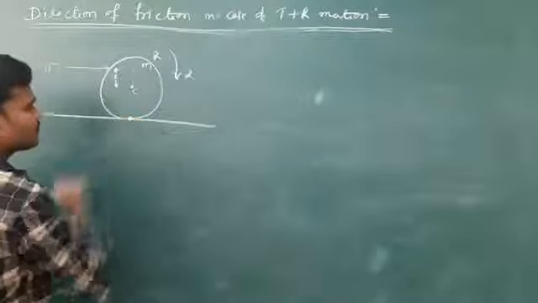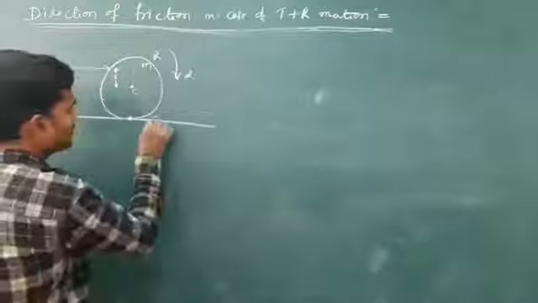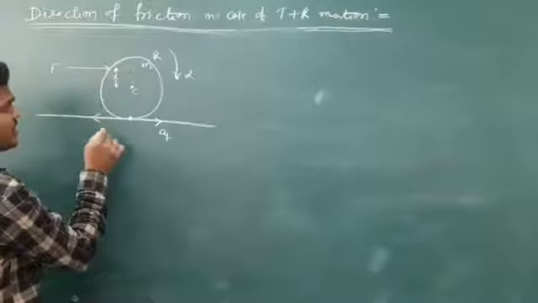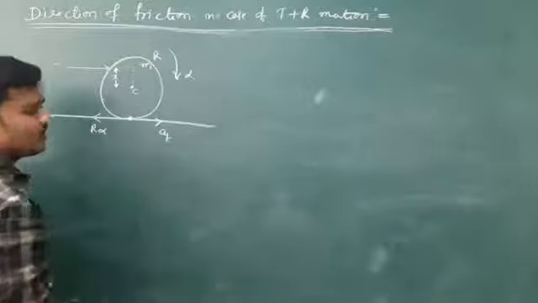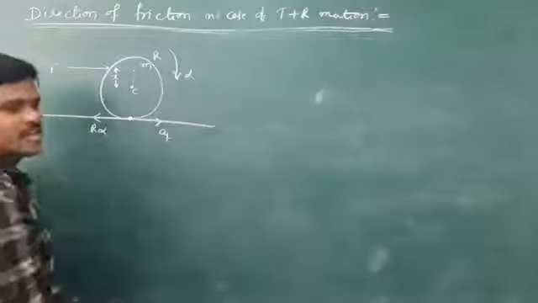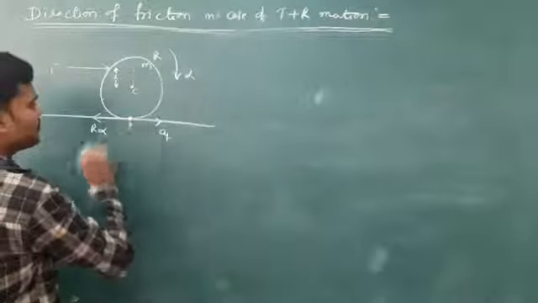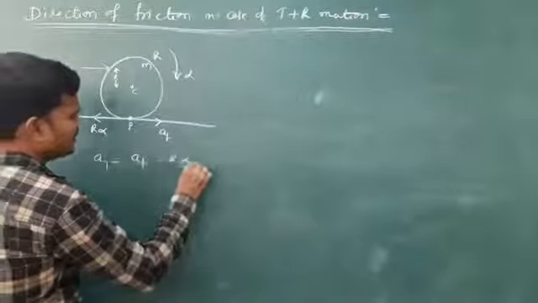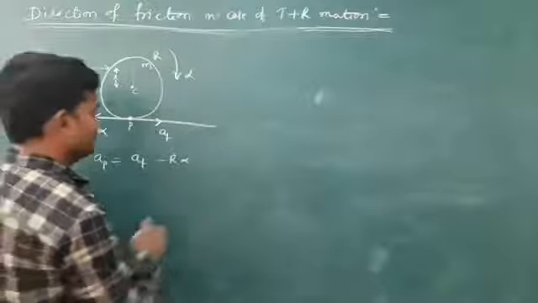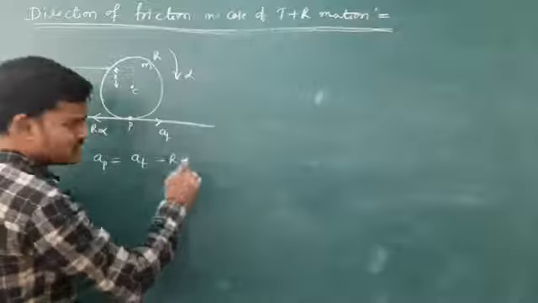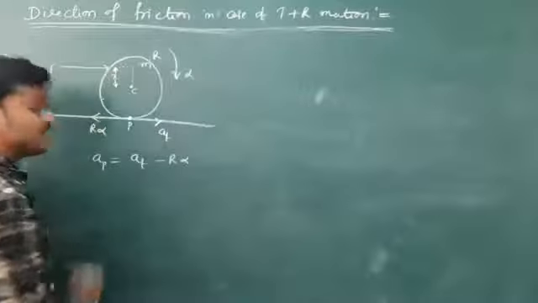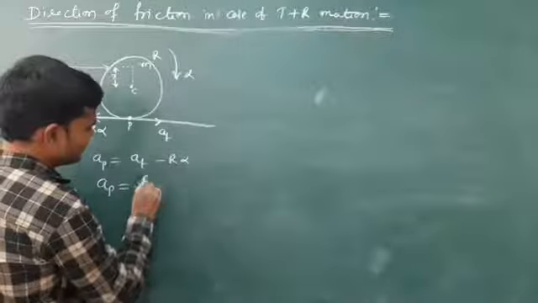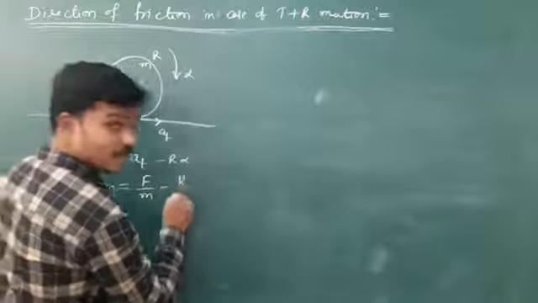And here there will be a contact point, and there will be a tangential acceleration a_t, and due to the rotation there will be an angular acceleration, which is balanced by r alpha. Just draw the tangent. Now the acceleration at this point, let us suppose point P, we can write directly as a minus r alpha if friction is absent. Let us assume that friction is absent, then you will get this condition: a minus r alpha.